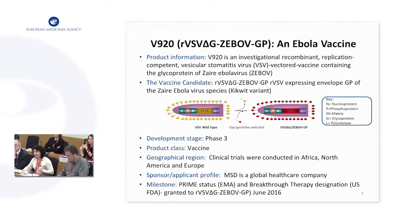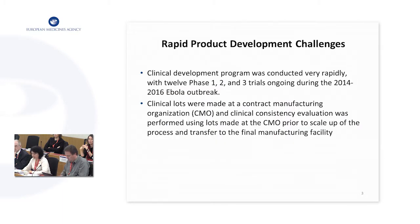So if you move to the next slide, really, this is the situation we were facing. The clinical development program was conducted very rapidly. We had 12 phase 1, 2, and 3 trials ongoing during the 2014 to 16 Ebola outbreak. We had the results from an efficacy and safety ring vaccination trial from 2015 in Guinea, which showed the vaccine to be highly effective,